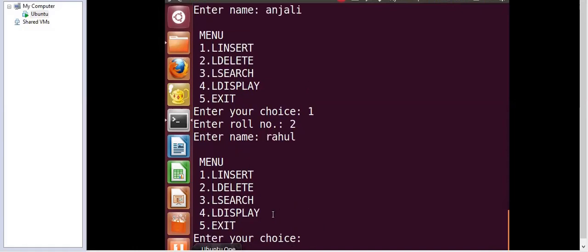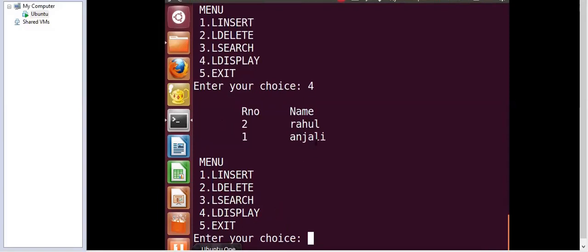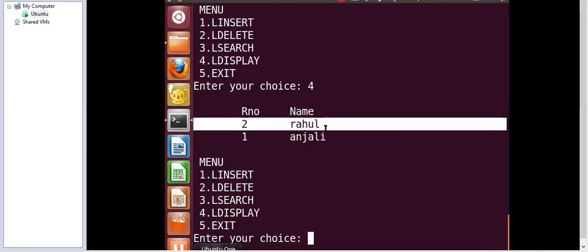Now let us check how it is going to be displayed. So the option is 4. Here you can see that the last node that we inserted, that was roll number 2 with name Rahul, is displayed at the beginning. That is what we tried to show diagrammatically.